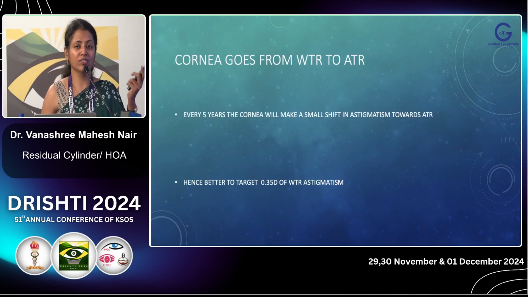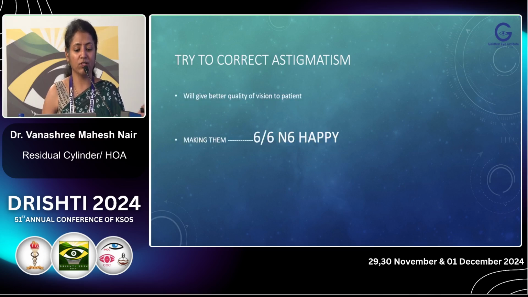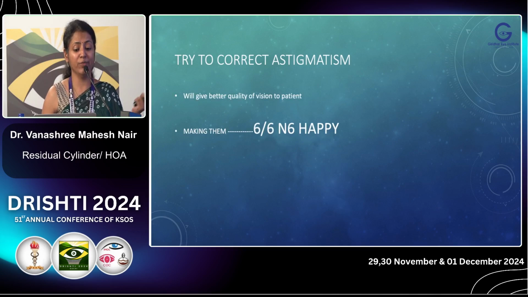Why? Because the cornea is always shifting from with the rule to against the rule. So say today you are having a 0-0 refraction, patient is happy. 5 years down the line, he's going to shift more towards against the rule. So hence it is better to target a 0.35 of with the rule astigmatism. So try to correct astigmatism because it will give a better quality of vision to your patient, making him 6/6